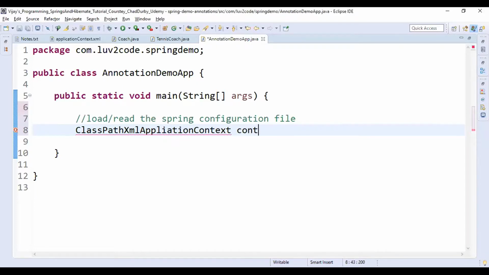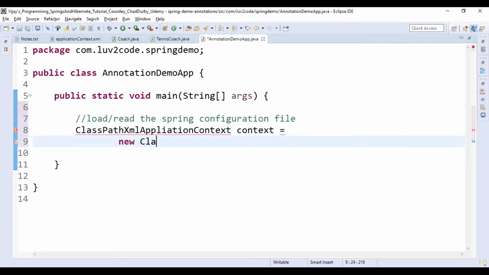The variable name, that is context, is equal to new ClassPathXmlApplicationContext. Here I'm supplying the configuration file within the double quotes.